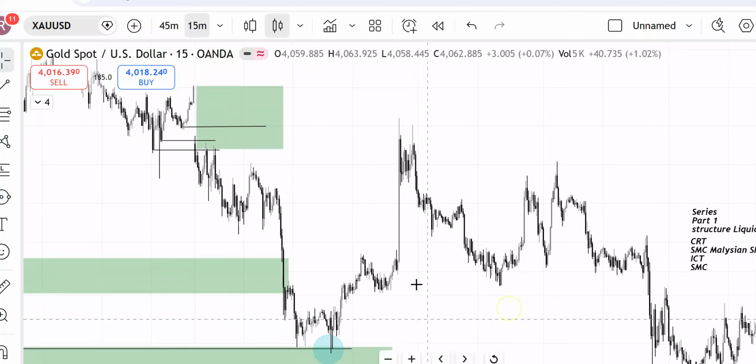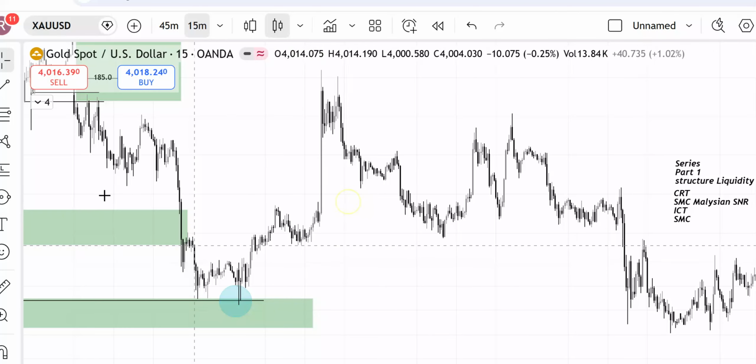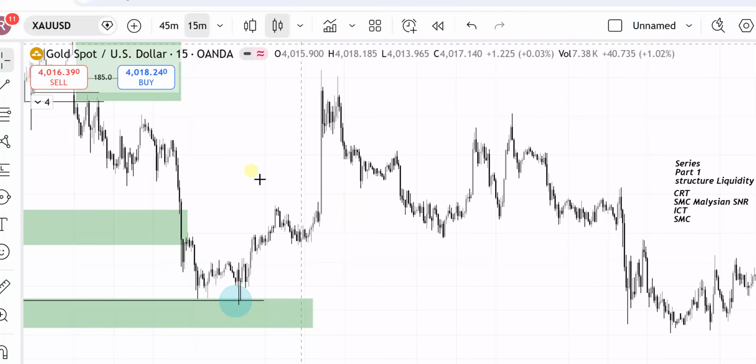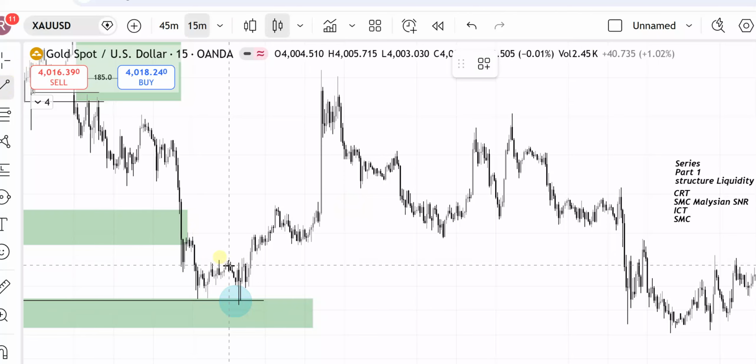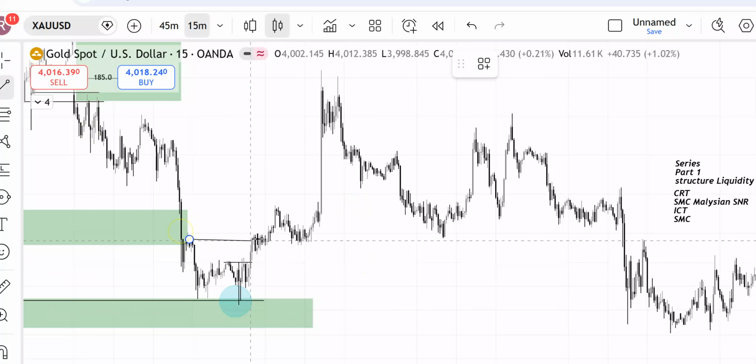So what next? As you can see here, the market broke the structure here. So after the liquidity sweep, the market broke the structure here, and also the market broke the structure at this point, which is called a CHoCH. So what next? When the market breaks the structure, I definitely prefer